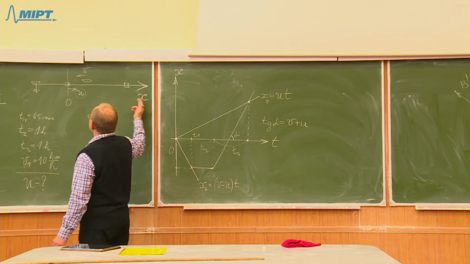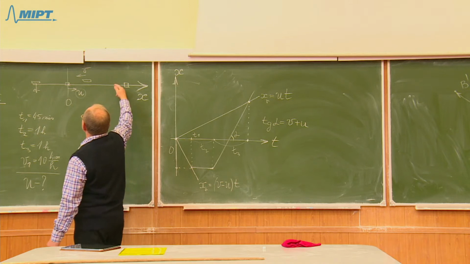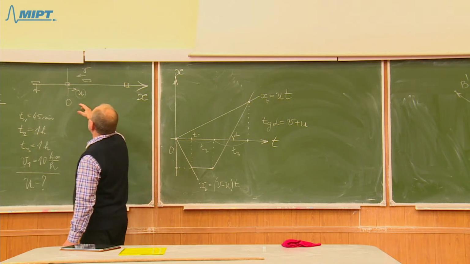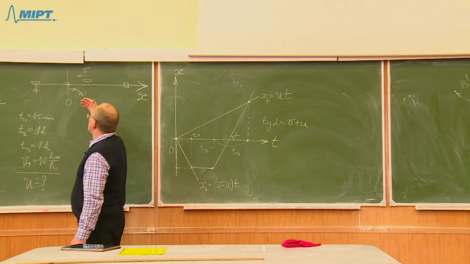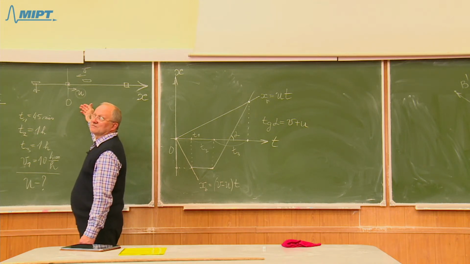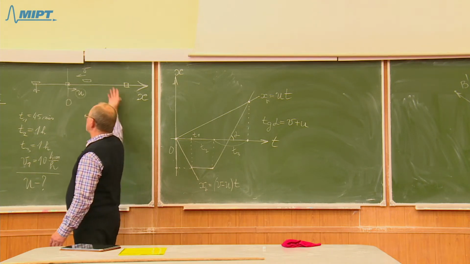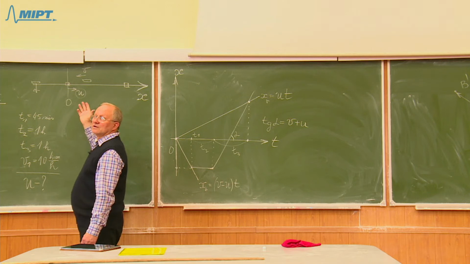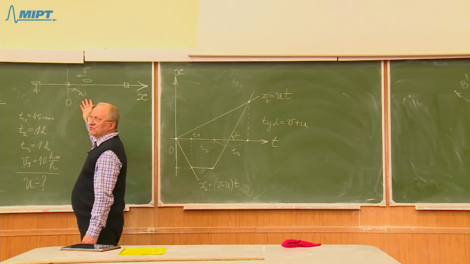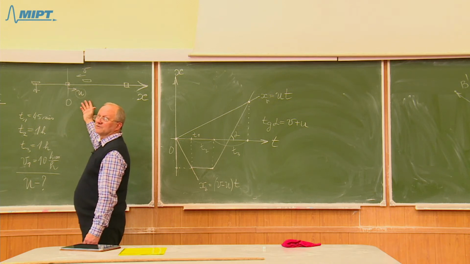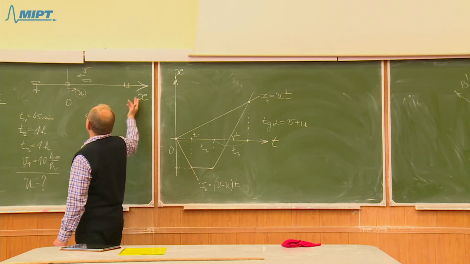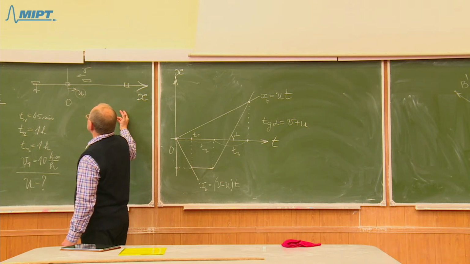That there is a river, there is a raft going downstream, and there is a boat going upstream. Well, this is just a sketch showing all the processes that take place in this problem. But there are no graphs of functions here. Such a sketch may be considered as the first step in solving the problem. After we have drawn such a simple sketch, it's very often useful